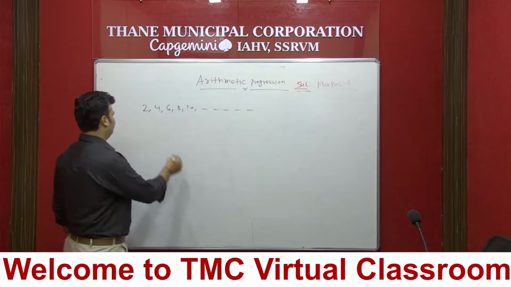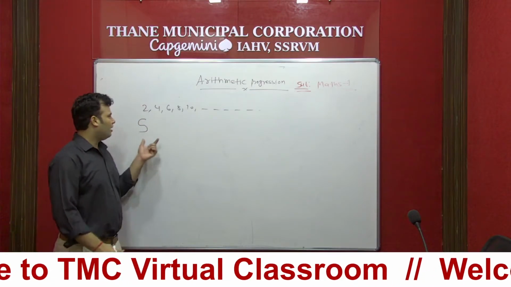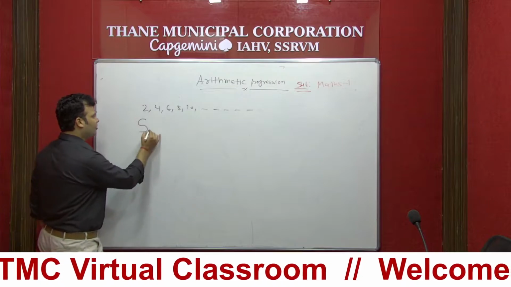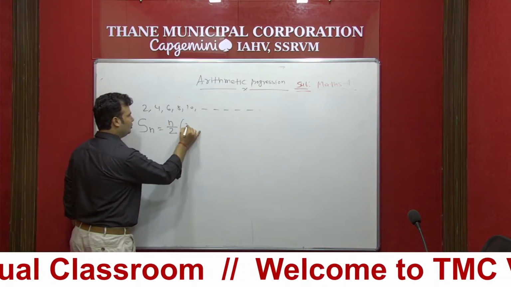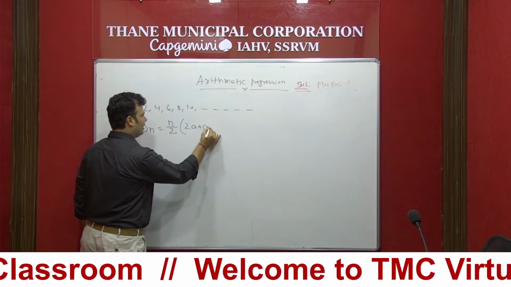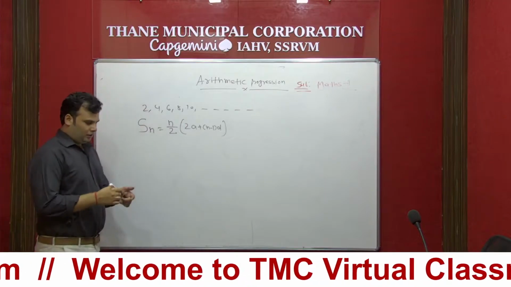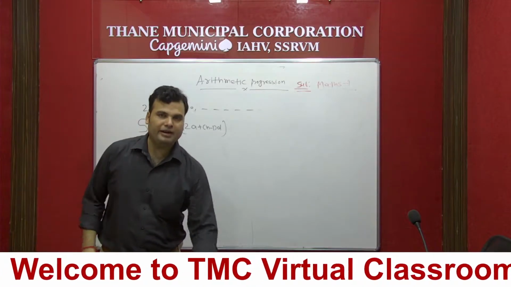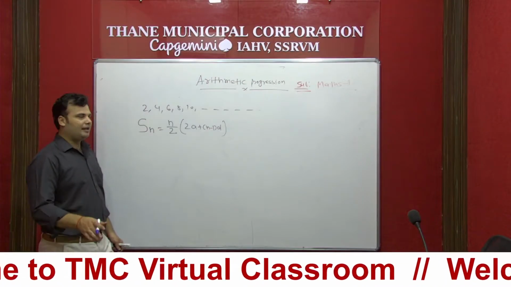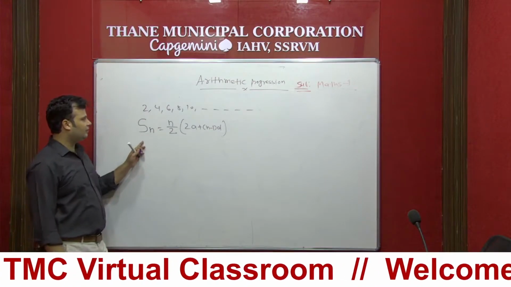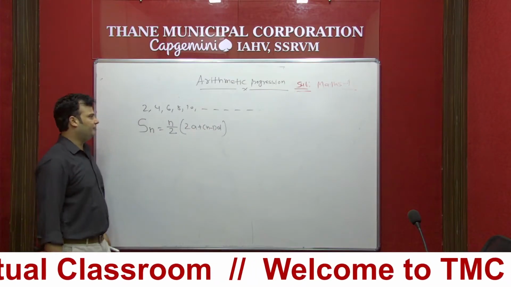So first, sum, that is S. S for sum. So wherever the sum part comes, you have to apply the formula for Sn. N for number. So Sn equal to n upon 2 bracket 2a plus (n minus 1)d. This is the formula you have to apply. Now student, whenever the sum is given, you can apply this formula. S for sum, n is number, a is first term, and d is common difference.